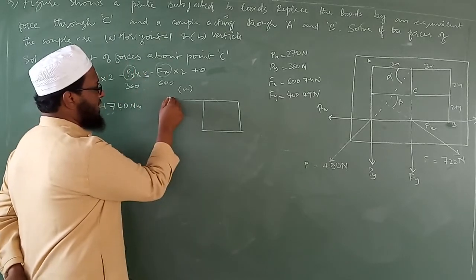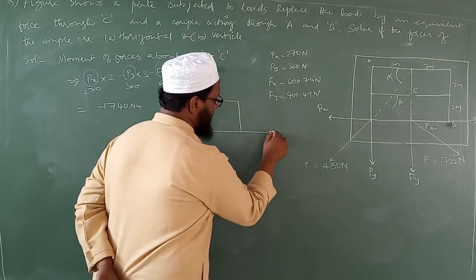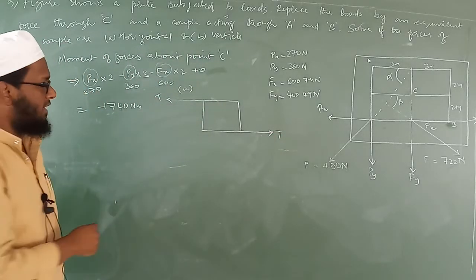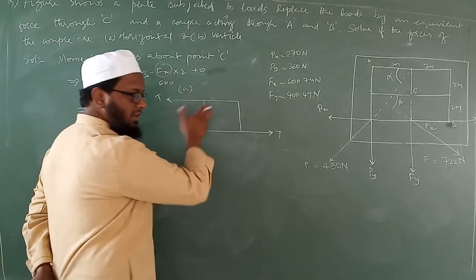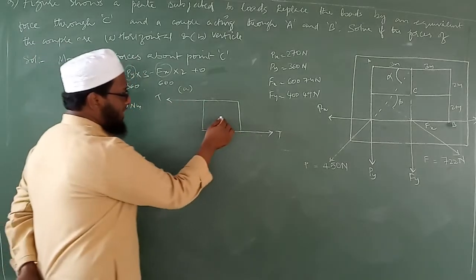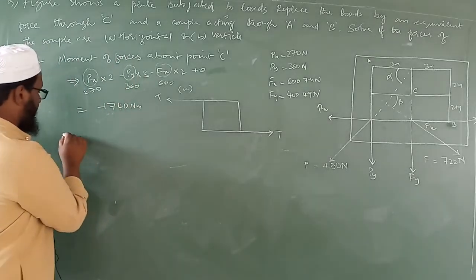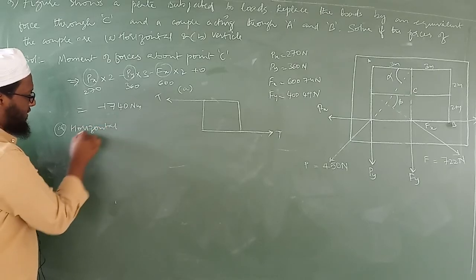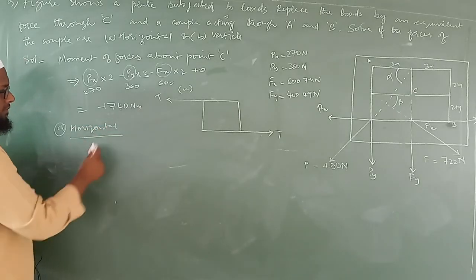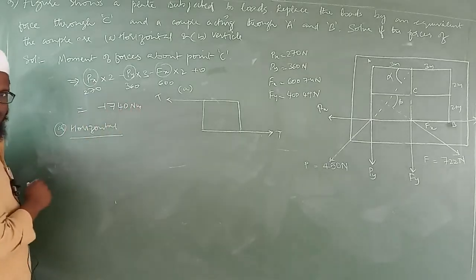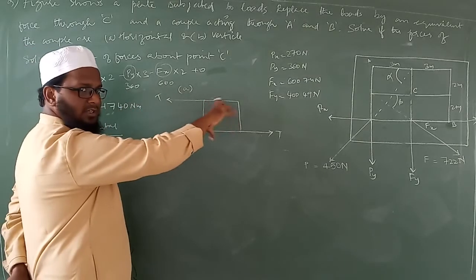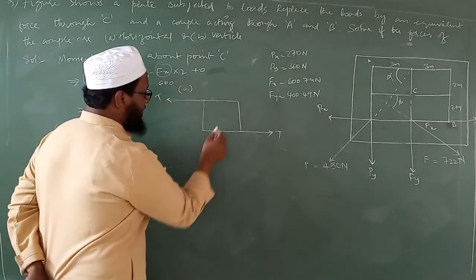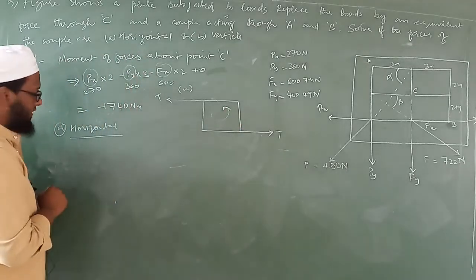Okay, so horizontal means one force is acting like this and another force like this. This is T, I don't know this force. But we know that since we are applying horizontal forces here, the moment developed is how much? This is how much? 1740, right? So what is happening because of this force? Since we are getting minus, why? Because it is going in anti-clockwise direction. Okay, so it is rotating like this.